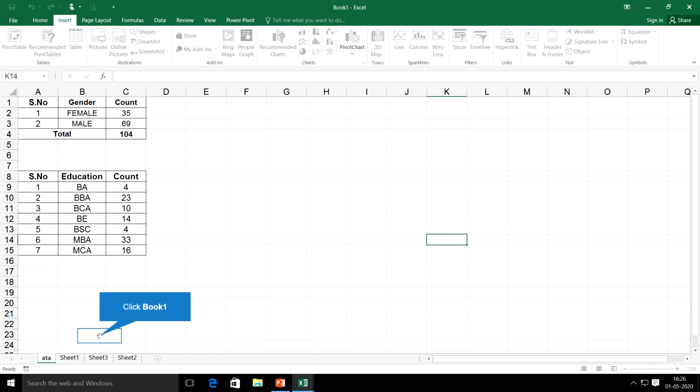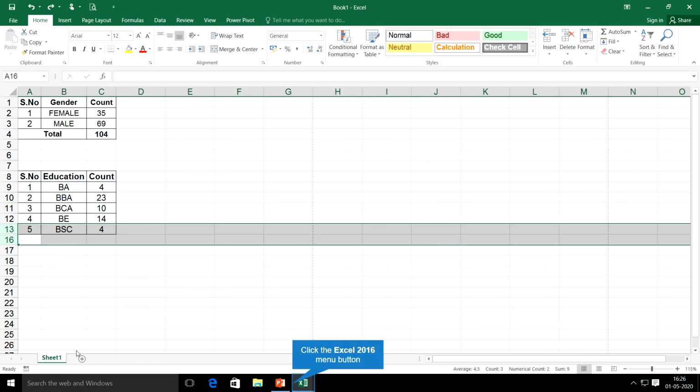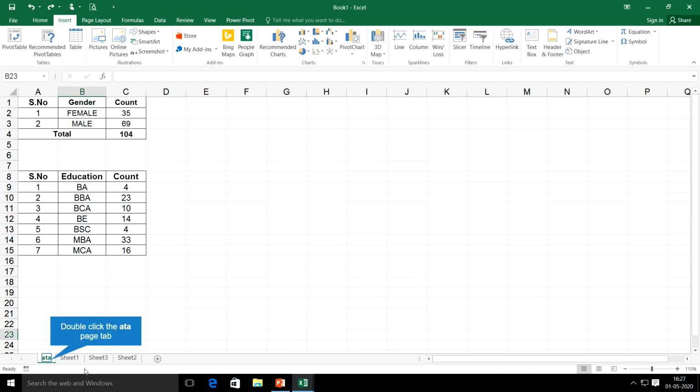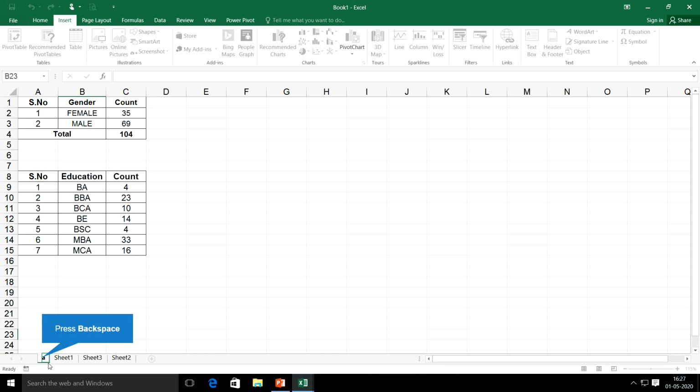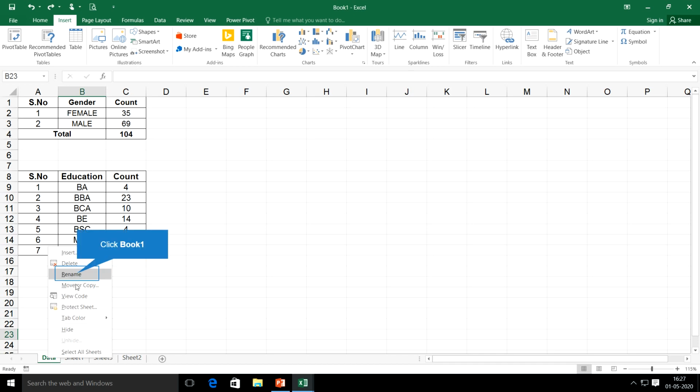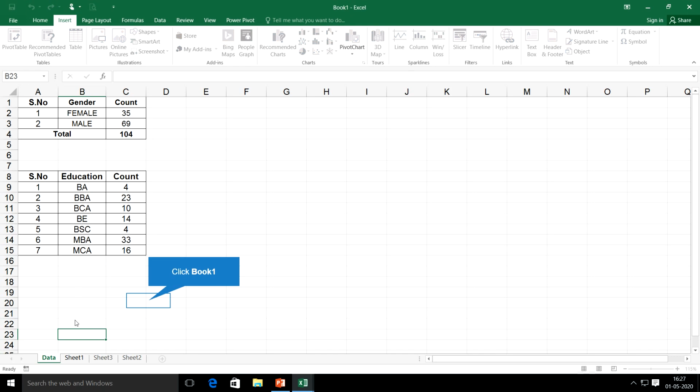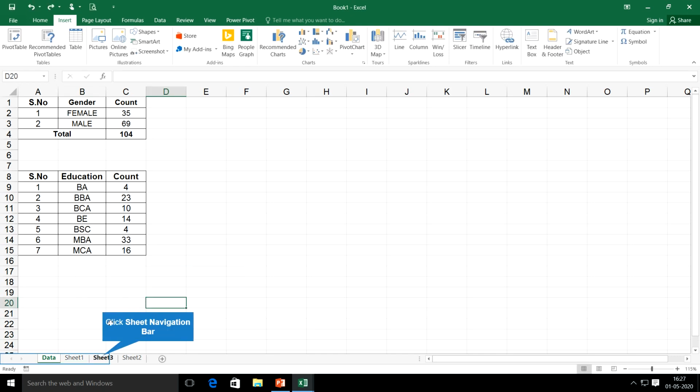So to do that, what I can do is double click on the sheet name and type whatever name you want to give for that sheet. Alternatively, I can keep the cursor here, right click on the mouse where I can find the rename option. There also I can rename the sheet.